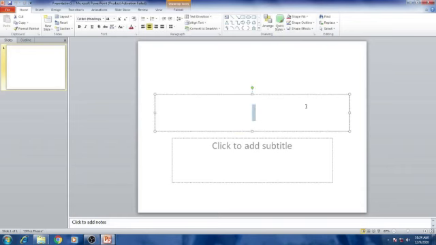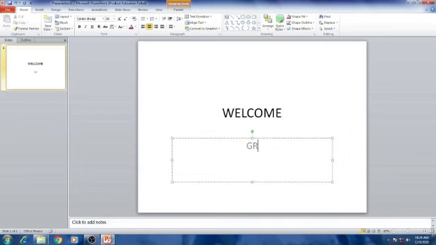Inside this also you can type anything, and let's discuss how we can give our own design to these slides. The first thing we are discussing is formatting slide text. So different styles we can give to a particular word or a text. Inside the placeholder, if you want anything to type, you can type it. So let me type this welcome itself, and down I just type grade 5.